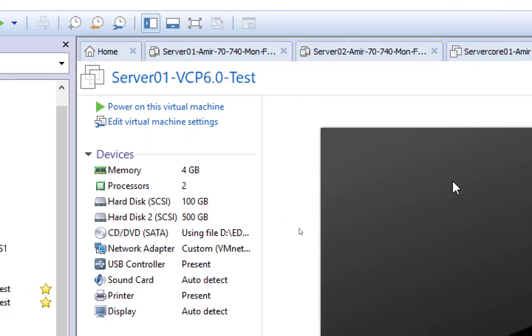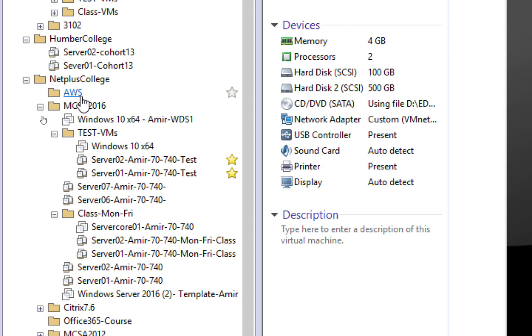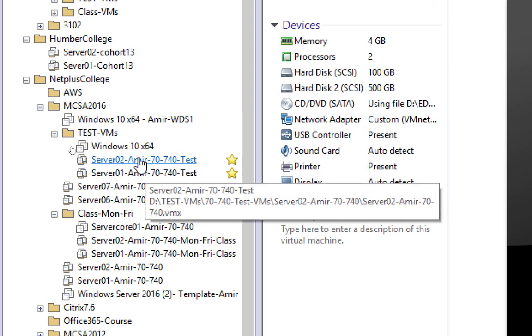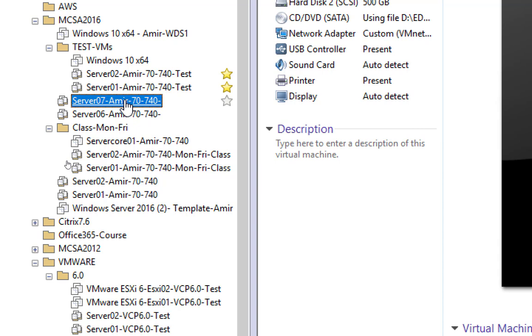Now I'm going to come to your desk just to check if everything is okay or not. Once we have copied and added all the machines like this, first you will hover over that machine and see if it is C drive. Make sure that C drive machines are what you're selecting. Then select the machine on the C drive,